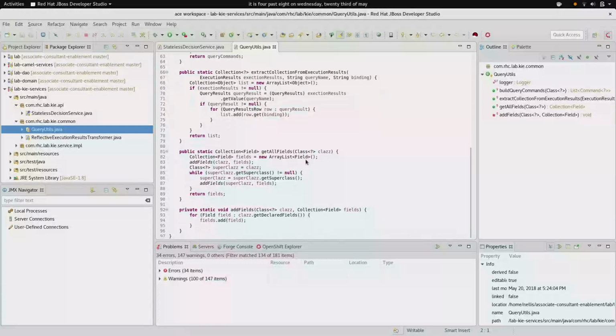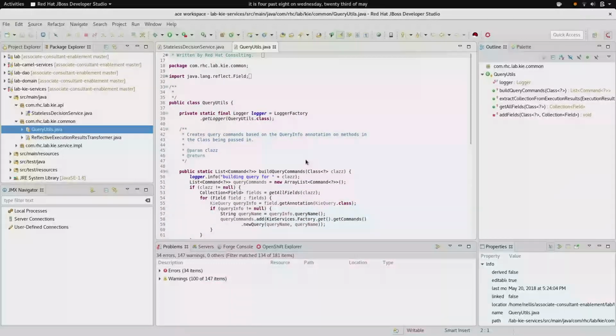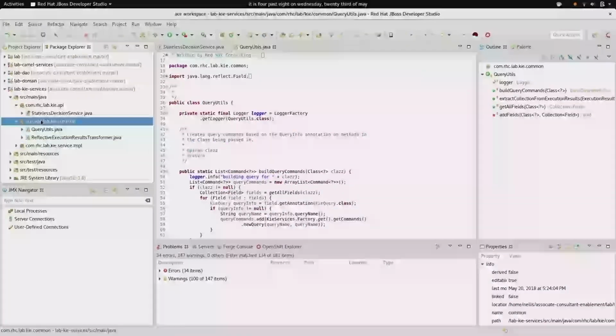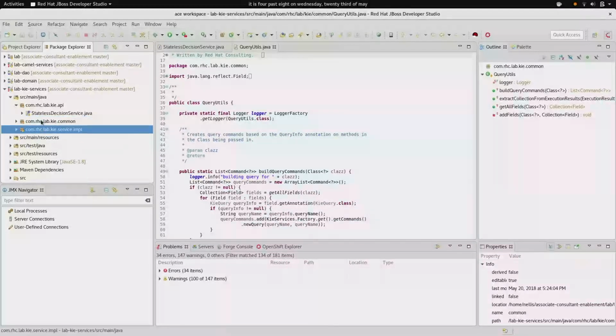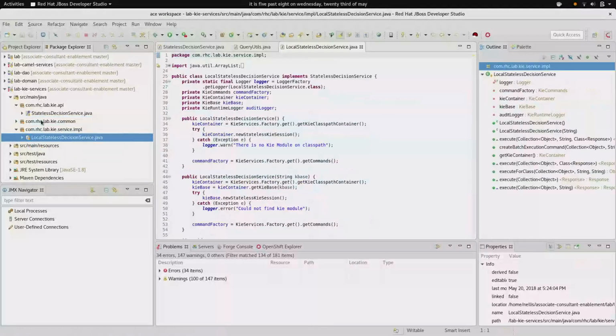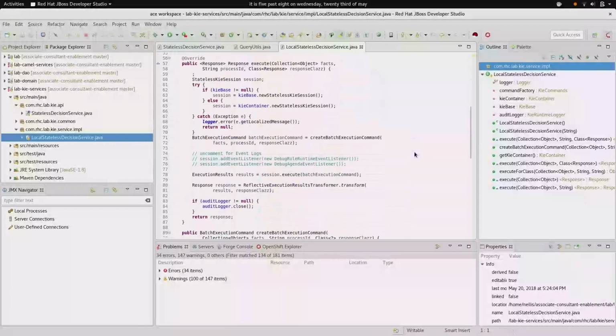Our query utils is a folder that manages the queries that we do as we go through our stateless decision service, and the local stateless decision service is our implementation of it. Again, KIE, we have a commands, container, base, and runtime logger. These are all various data structures that help us manage the overall organization of the KIE base. It's pretty buzzword heavy,